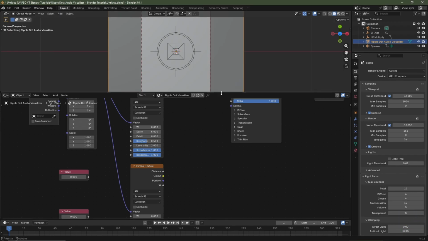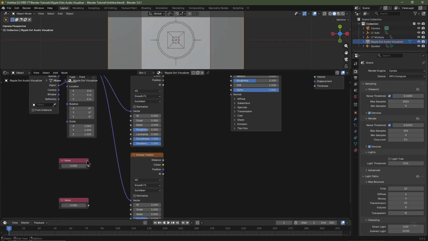Maybe in the shader editor, I'm going to give us a bit more room. With this value node, I'm going to connect this into the scale of this Voronoi texture, and I'll also connect it into the scale of this Voronoi texture. And on the value node, I'm going to set the scale to 4. And with that value node selected, I'm going to hit F, and that will add a frame, and I'll rename